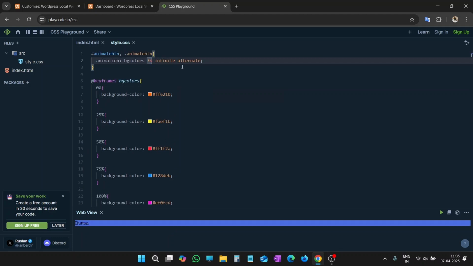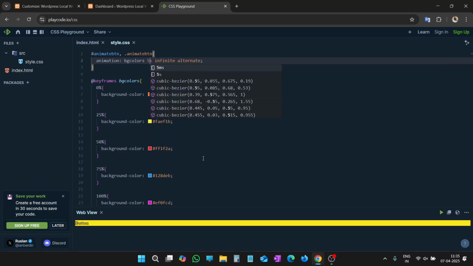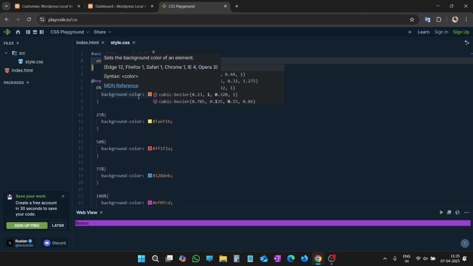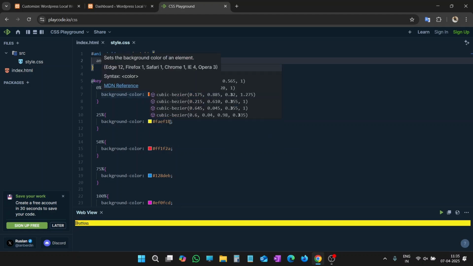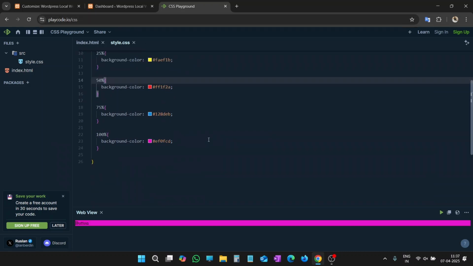Also, you can change the time. Here I have written 3 seconds. If you want it to be 5 seconds, let's try 5 seconds. Now the animation is very slow. You can see it is changing slowly, and let me increase the time to 10 seconds. Now it will take much more time to change the color. It is visible on your screen. But for me in this case, 3 seconds is more than enough. So I'll go with 3 seconds. Now we are ready with our CSS code. Let's copy the code